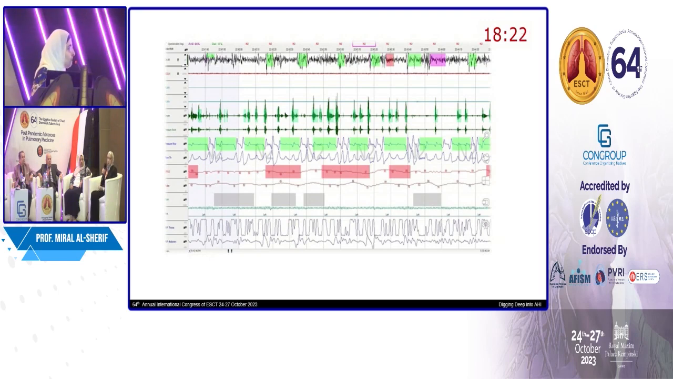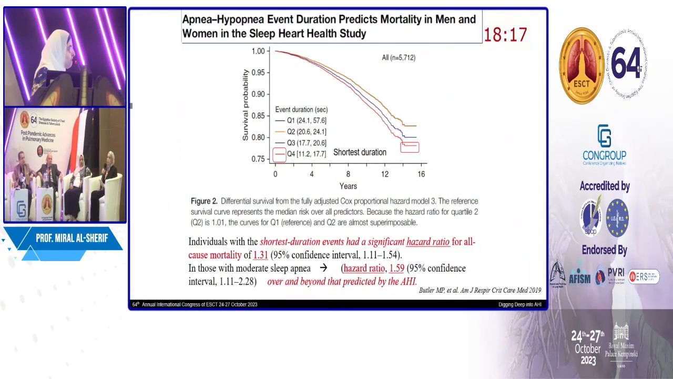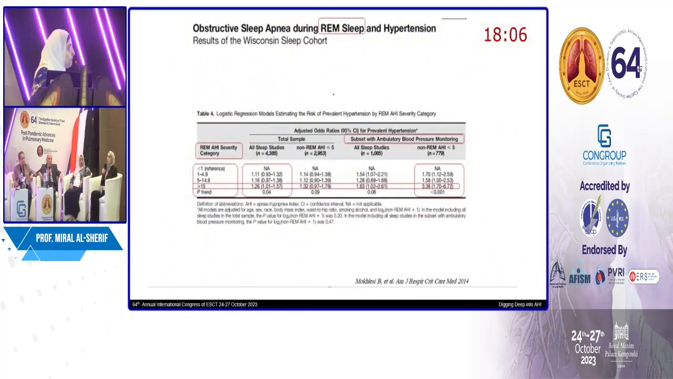A study done in 2019 shows that the frequent short duration events have a significant hazard ratio for all-cause mortality, and this is more than the prolonged hypopneas. Actually, the short duration events are a marker for a low arousal threshold that reflects variability in ventilation instability and an augmented autonomic nervous system response that contributes to the most serious